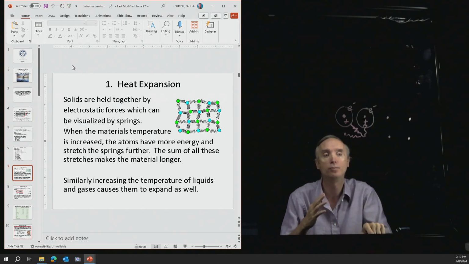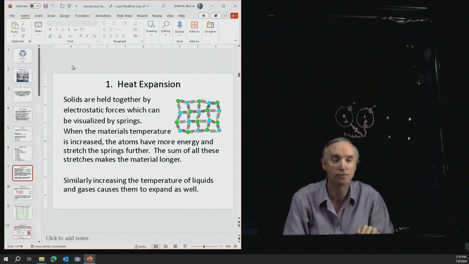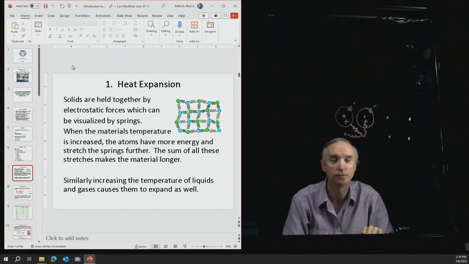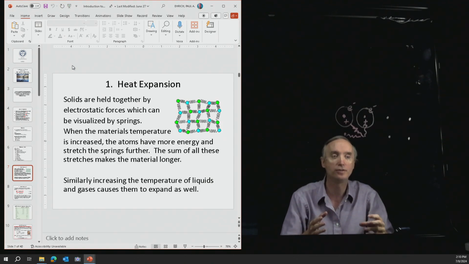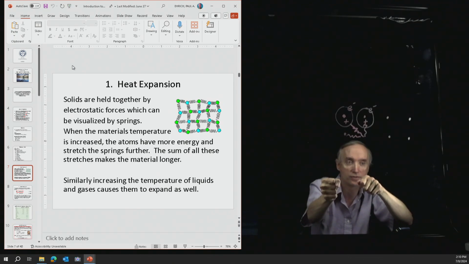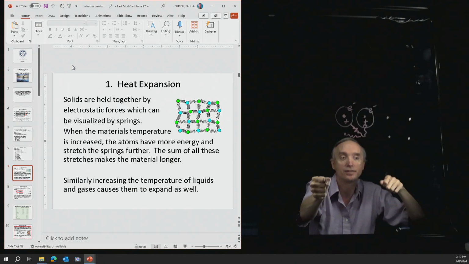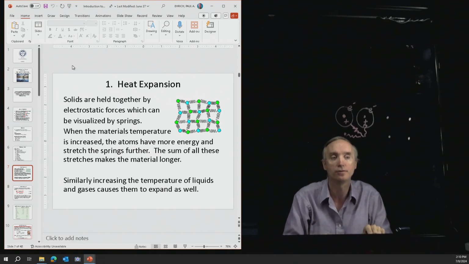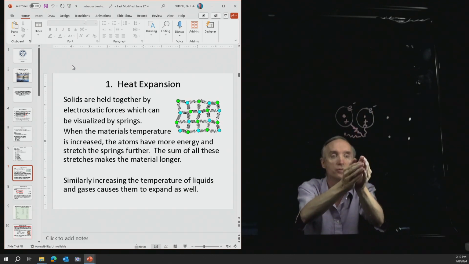Okay, now we're going to put energy into those springs in the form of heat. So we're going to heat up the solid and we want to know what's going to happen. Imagine you've got a slingshot, and it takes a certain energy to pull it back this far. Well, what happens if you pull it back this far? It takes more energy. So as we add energy to this solid, the atoms are going to be